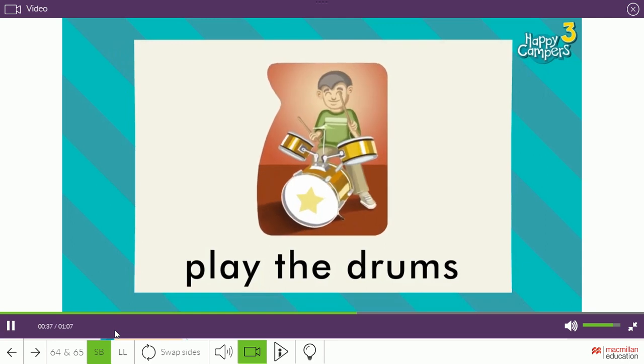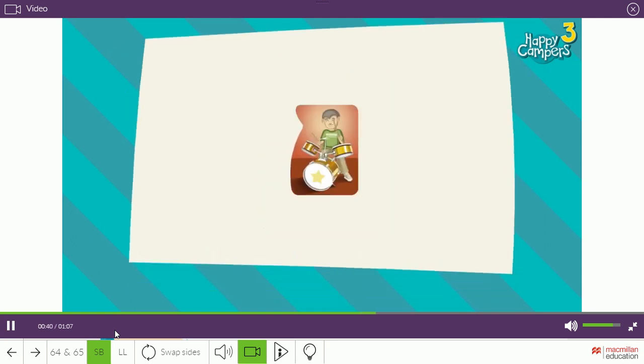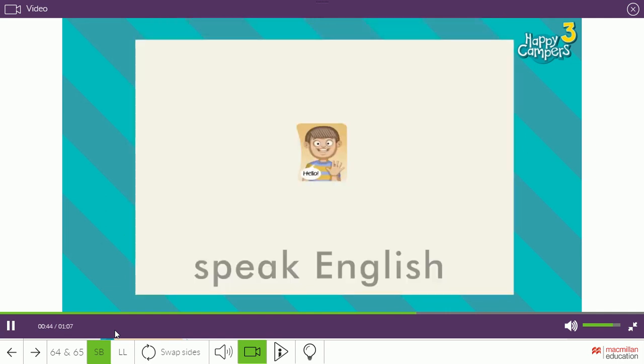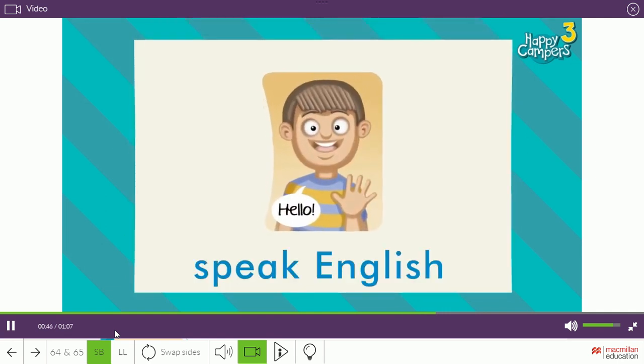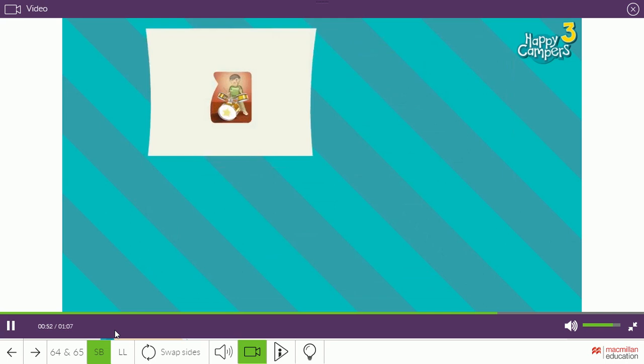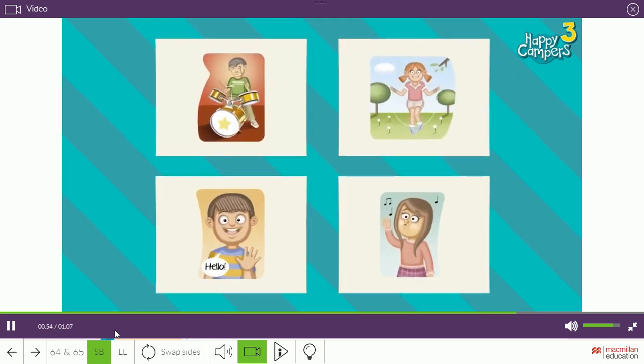Play the drums, jump rope, speak English, whistle, vocabulary,